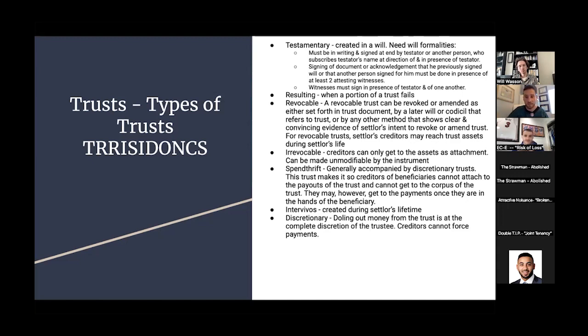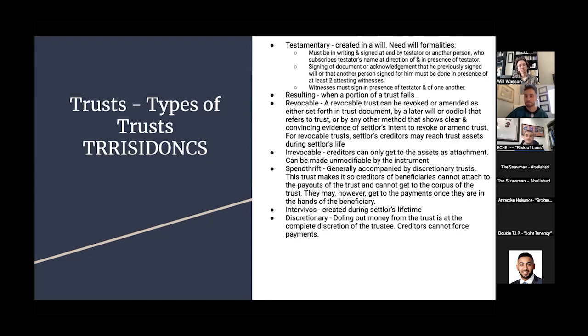And then I love what Will was saying here. Discretionary too. That's a tool so that the trustee has discretion when to give the payments out. So he's not going to give them out to Chet to drop his new mixtape if he doesn't see the promise in it. So I'd never thought about that, the power of combining discretionary and spendthrift. Is everyone good with these types of trusts so far? Any questions in the audience?